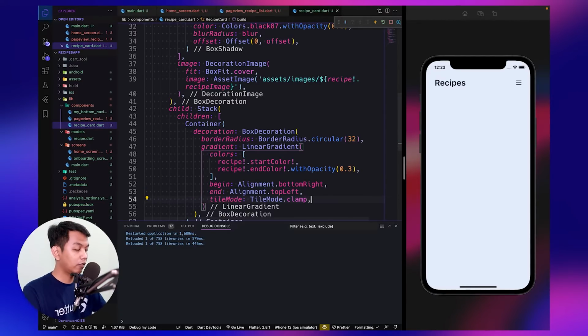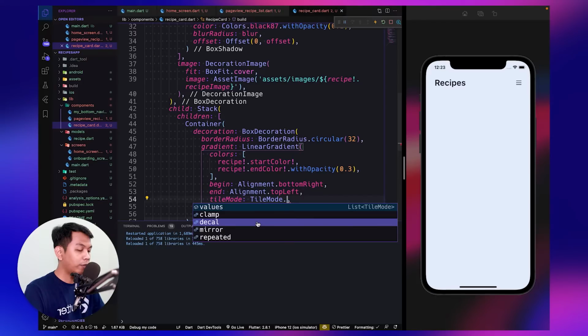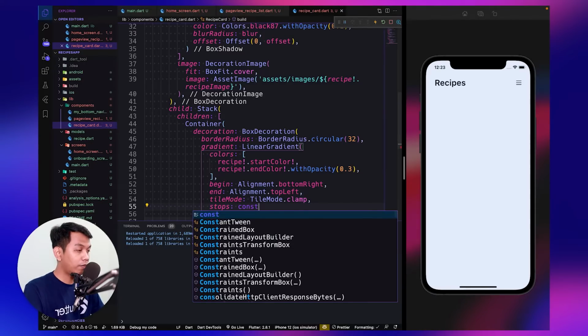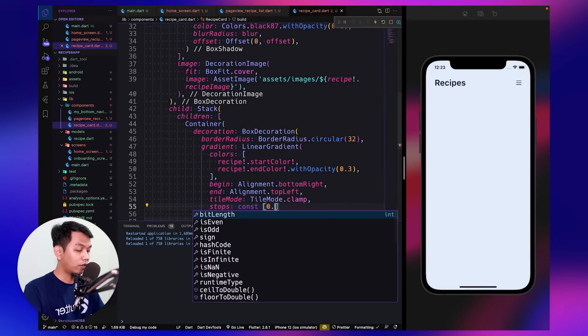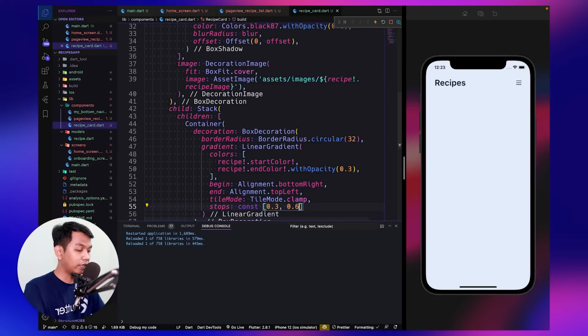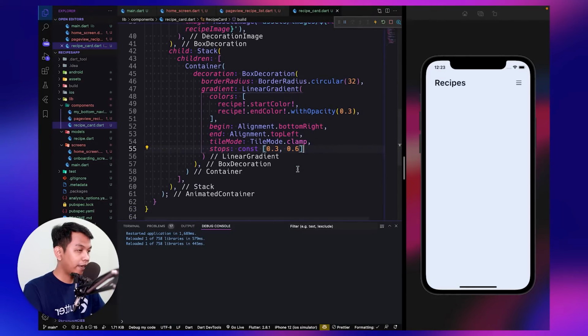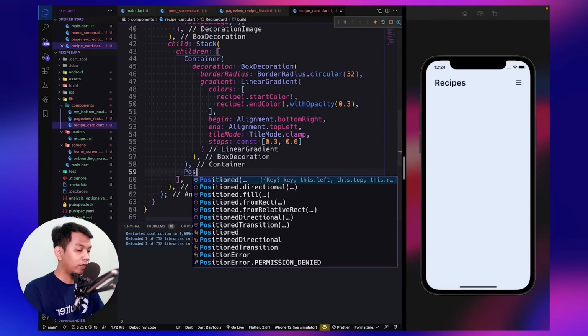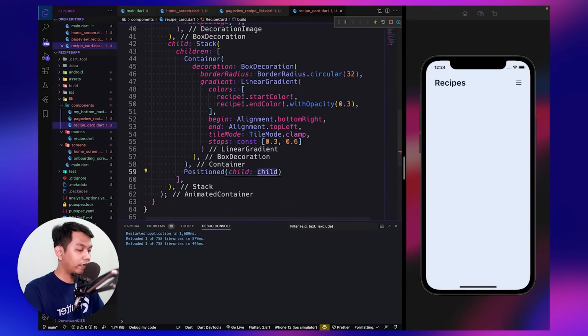Tile mode has many options like clamp, decal, mirror, and so on. But for now we use clamp, so you can check the documentation on the Flutter website. And for the stops, let's make it 0.3 and 0.6. Okay, and this is for our gradient.